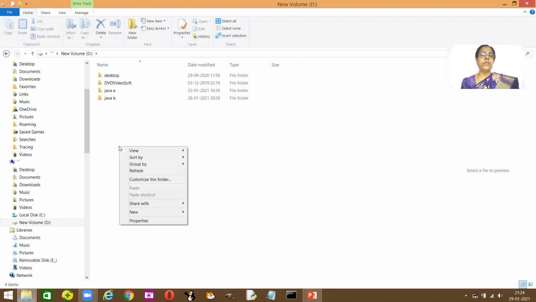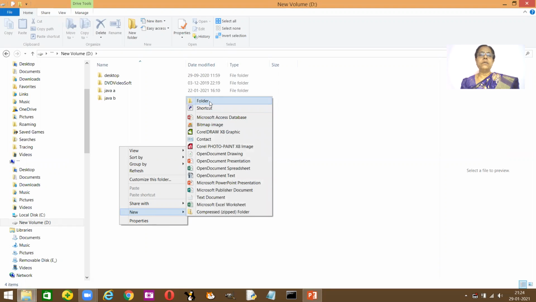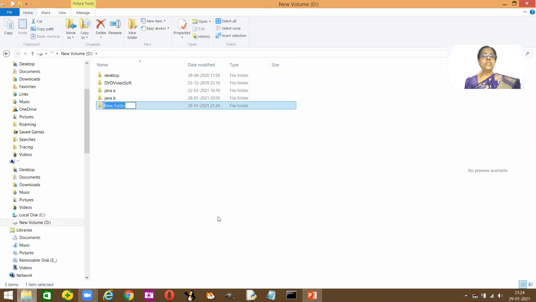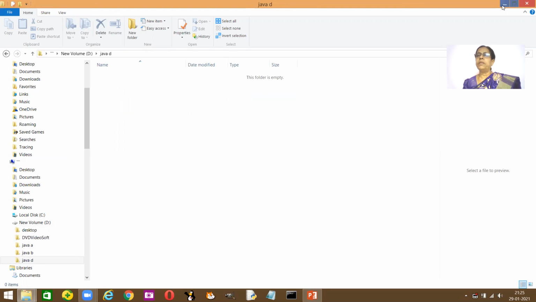So how do you open a folder? Right click. Okay, I open the D drive, right click, new, and then select folder. Fine. So it says new folder. In this, you just type Java. So I opened A, B, C. C I have not opened. D I'll open it. So I've opened a folder with the name Java D. Can you see? Java D. So once you have opened the folder, you can open your Java D folder and see it's open. Here we are going to save all the files in Java D.